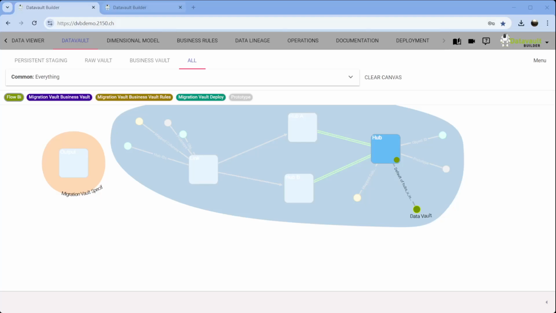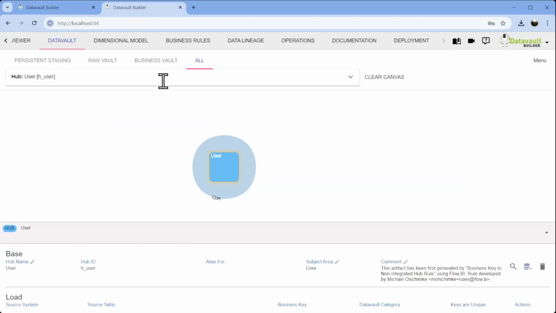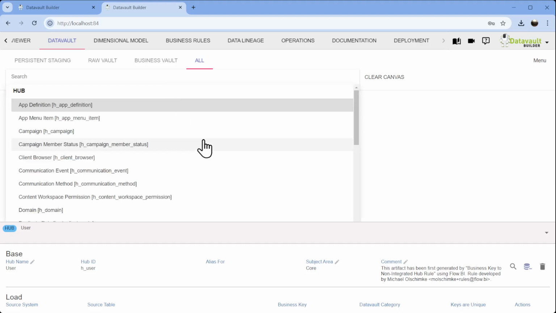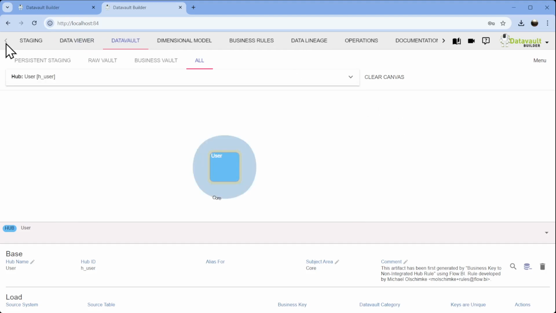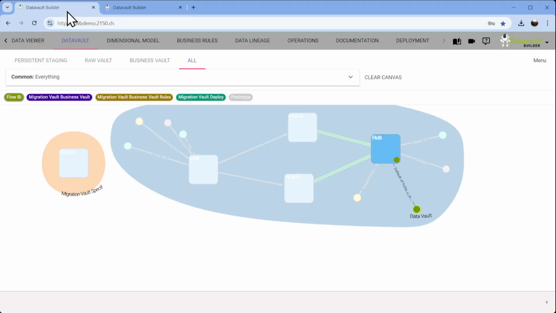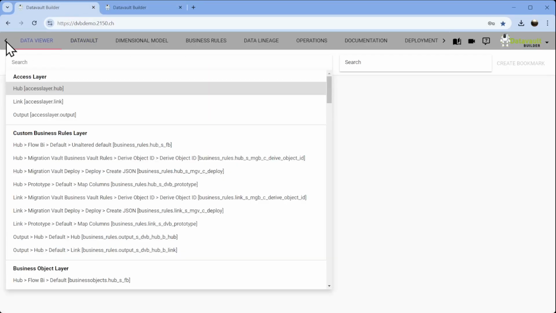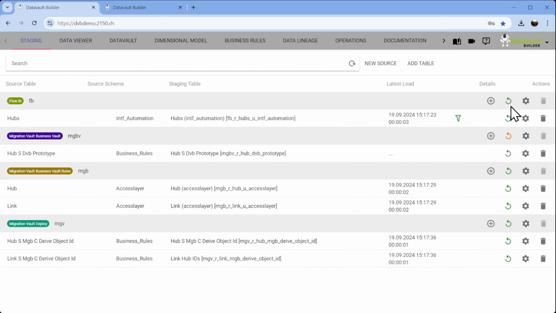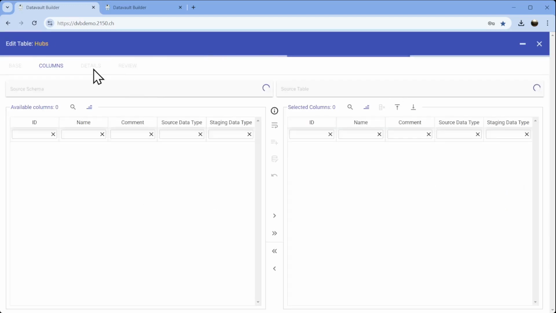But as our model right now contains only hubs, yes, lots of them with all the metadata that we have, we also want to create relations between them. So what's the next step? We need to go in here, in the right Datavault Builder instance where we have the Migration Vault, and here we will now load our